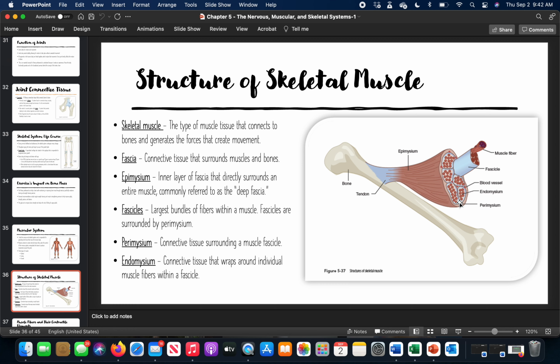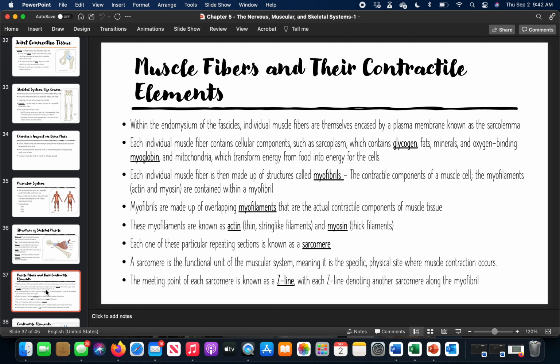You can see they encompass a bundle of muscle fibers, and then your true muscle fiber within that fascicle is surrounded by your endomysium, the covering of the muscle fiber itself. Okay, so that's the breakdown of the bulk musculature, because we're going to get down into a little bit more